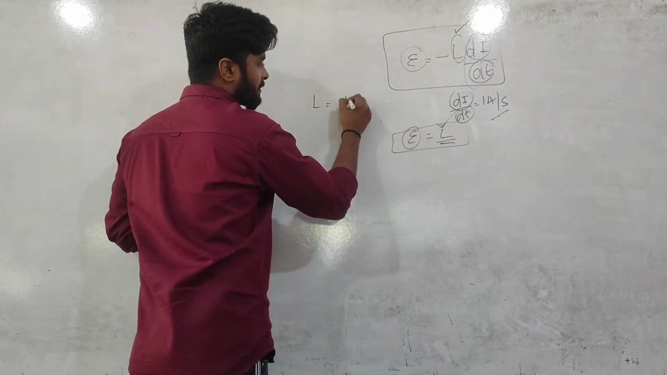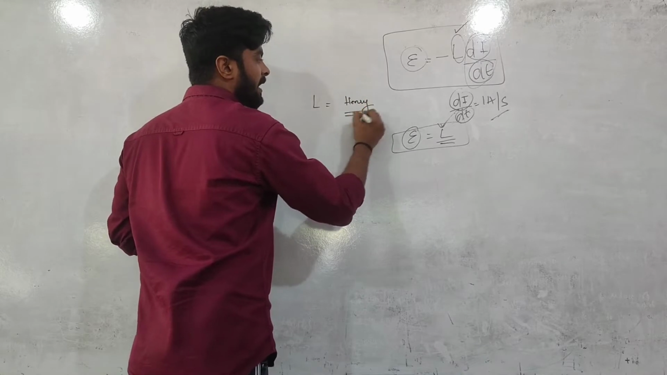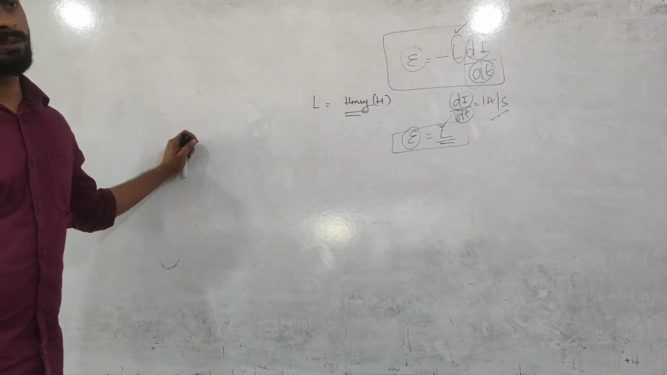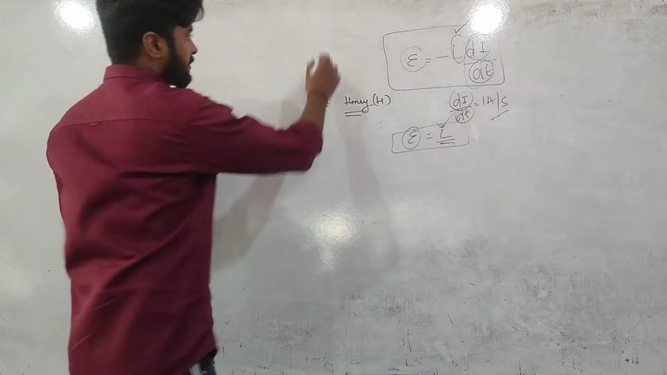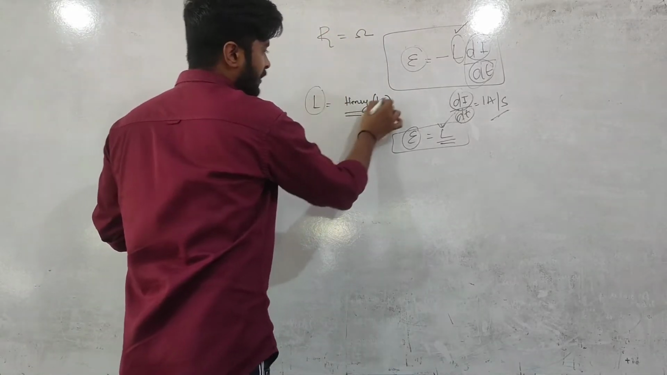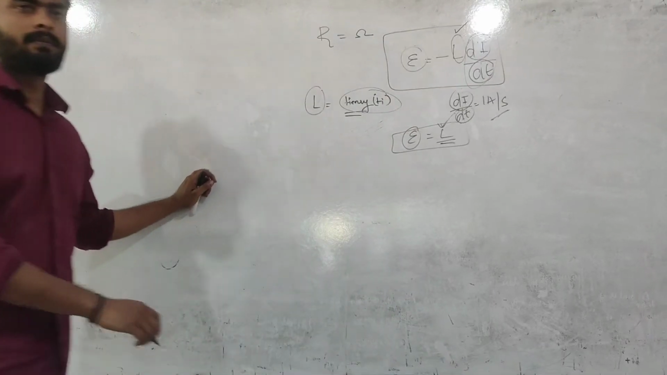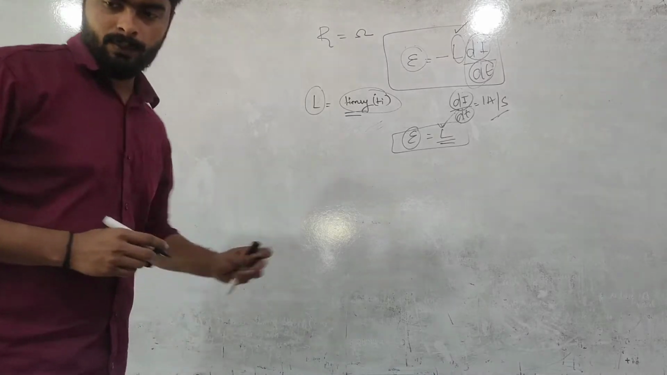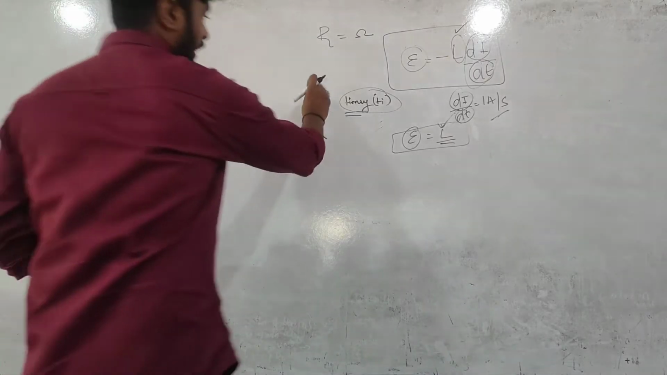The unit of self-inductance is Henry, denoted by the letter H. Clear? Resistance SI unit is ohm. Inductance SI unit is Henry. Clear? Now, the next question is to derive an expression for